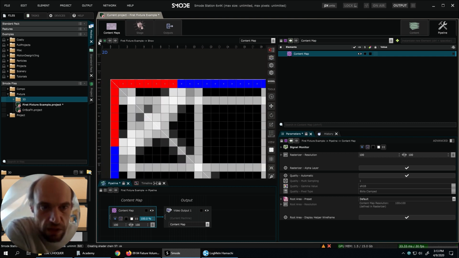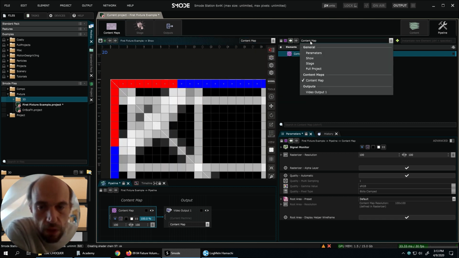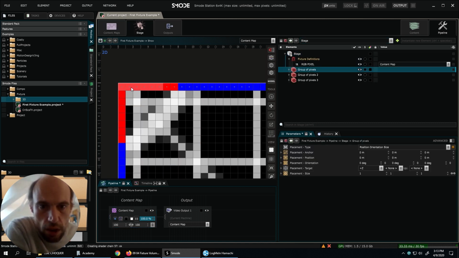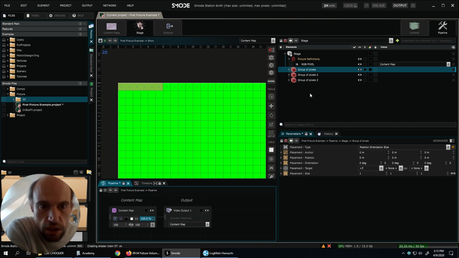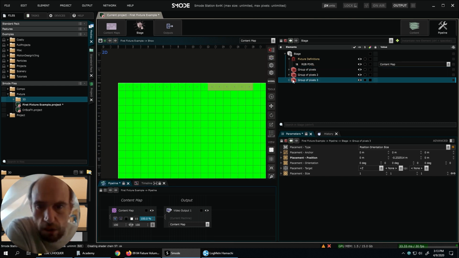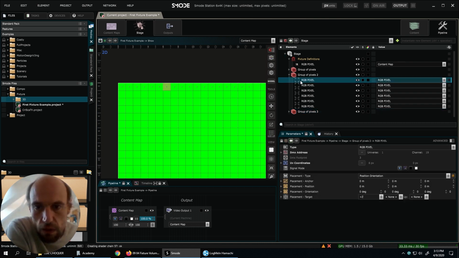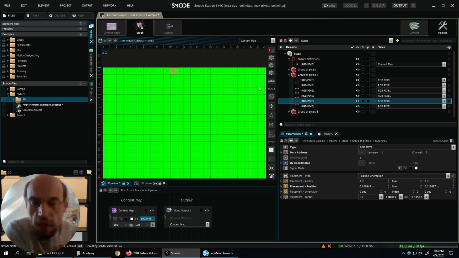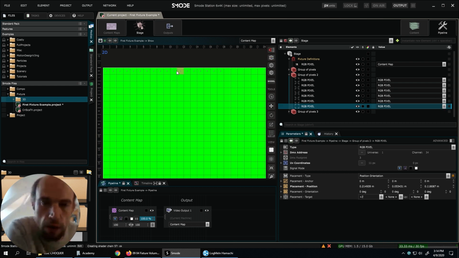So to better feel this, the best way is to lock the viewports on the content map. And then inside the tree, we can go to see the stage. And you can see the color is changing for the selected pixels. So by default, I can take any single pixel here and see where it is located. And as you can see, by default, Smod simply takes the next free location in order to allocate a correspondence between the content map and the fixture.